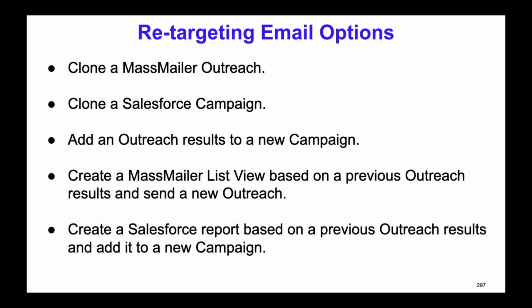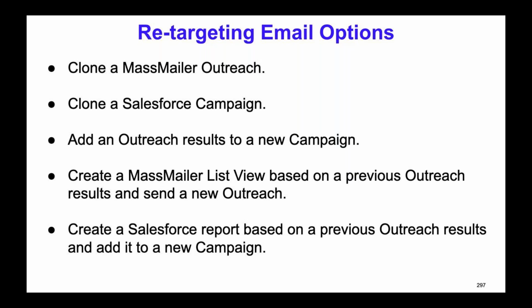That's possible using the outreach results. But here, you can only do it for leads, contacts, or campaign members, because you can only add them to another Facebook campaign if those are leads, contacts, or campaign members. If it's a custom object or any other object, right now you can't do it from the outreach results, but you can always use the